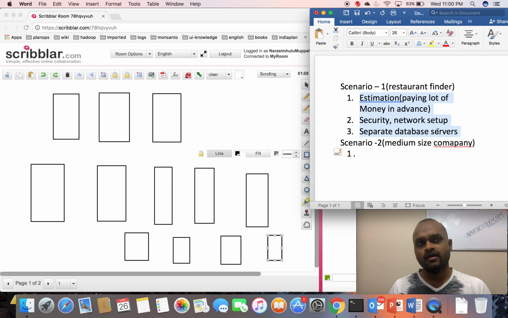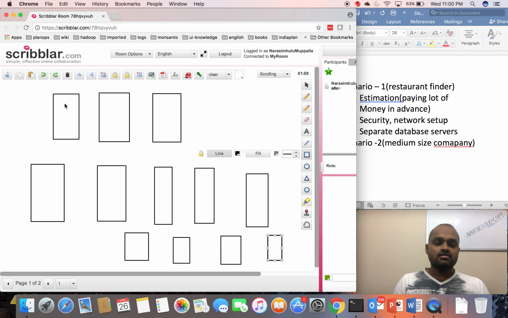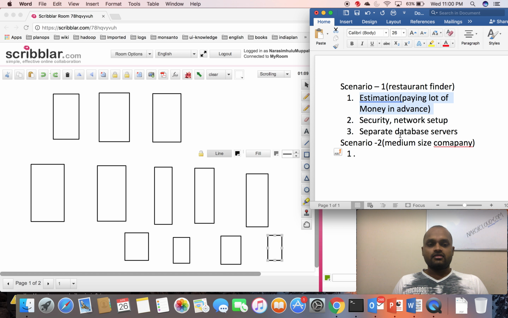So that kind of solution would be great. Assuming that we have it, we don't have to do this estimation. You would still do it, but you don't have to purchase this hardware. You don't have to set up security, network setup, and all that. You don't have to do any of those. And wouldn't it be great if